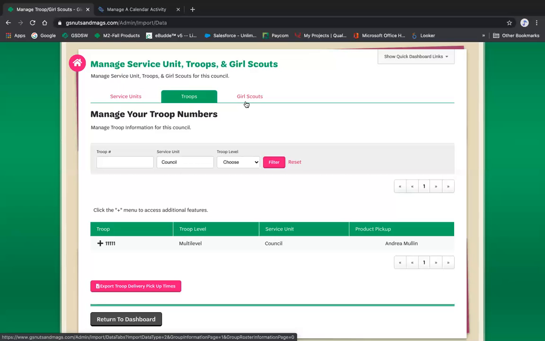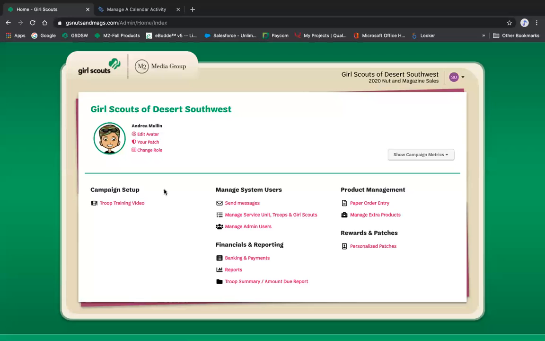If you have Girl Scouts that have registered since then, they will not automatically be added to the system, but that's okay. You can still get them added to the troops. Have the troop volunteers reach out to info@gsdsw.org. Yes, .org. With the list of the names of the girls who are missing so that we can verify their enrollment and then get them added to the system. All right. So going back to our home screen,